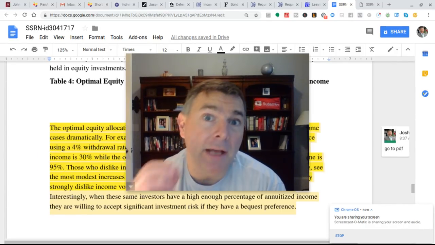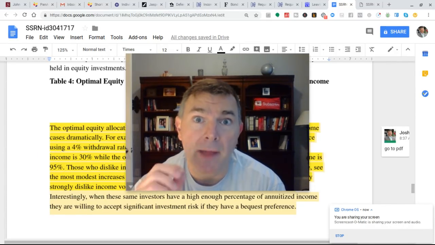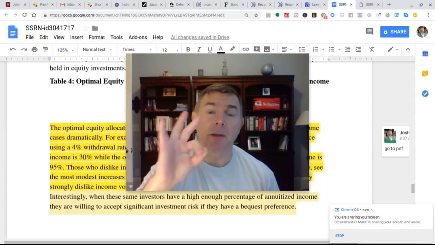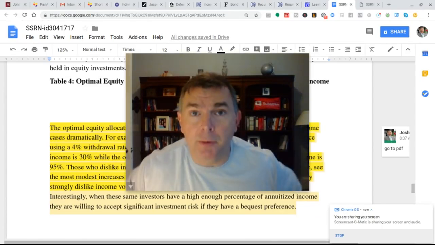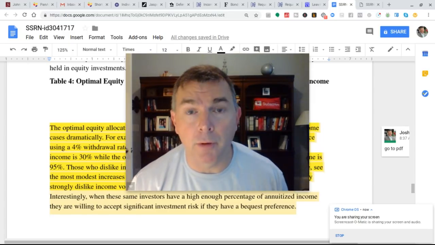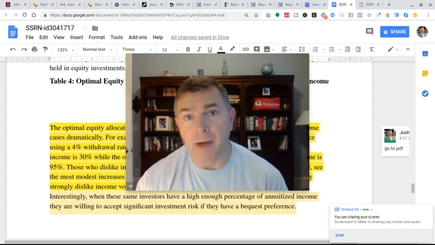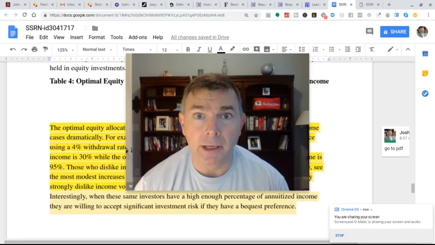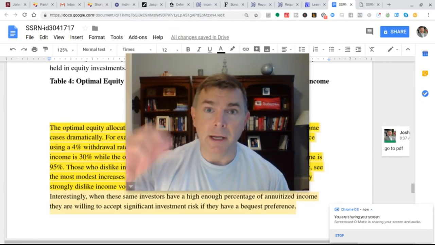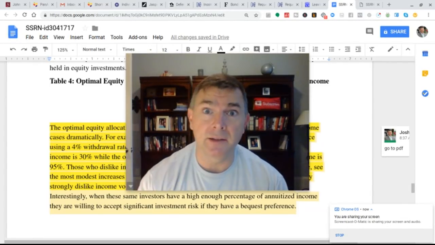How to optimize your retirement portfolio. That's what we're going to talk about here. We're going to finish this up for part 3 of our series on how to optimize your retirement portfolio. We're going to go back to our Blanchett and Finke article, and this will be a relatively quick one. Then we're going to go down to the whiteboard and take it to the next level.